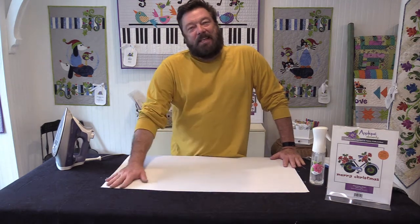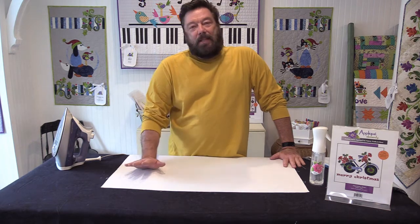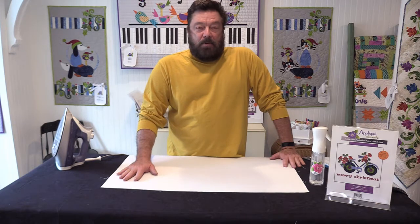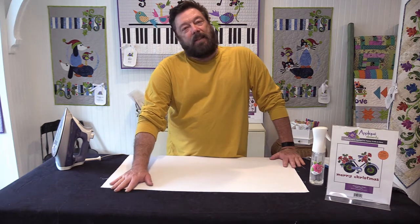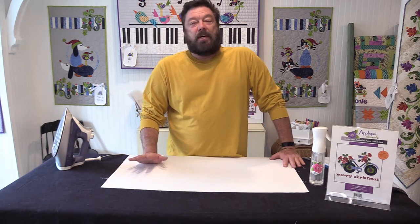Today we're going to be doing things a little bit backwards. Normally you would make a quilt and then put on your inner and outer border after you were finished with the body of the quilt. But today I'm going to do things a little bit backwards. I'm going to put the inner border and the outer border on the body of this small quilt first,